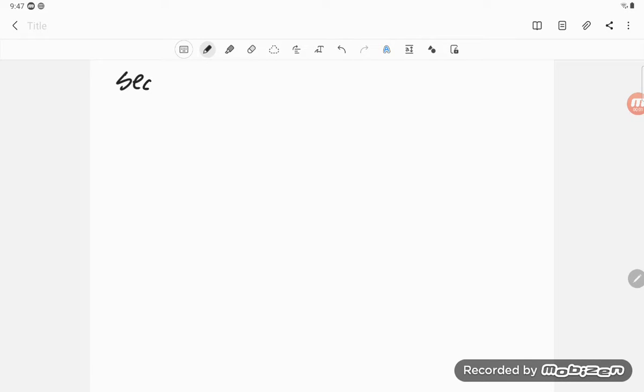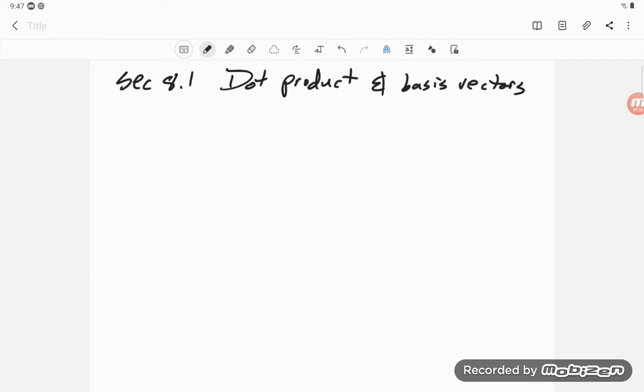This is section 8.1, and we're looking at the dot product and basis vectors. I think that's kind of it probably for this video. So we know what the dot product is. This is just extending it to